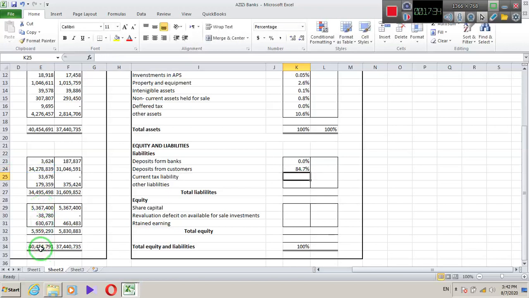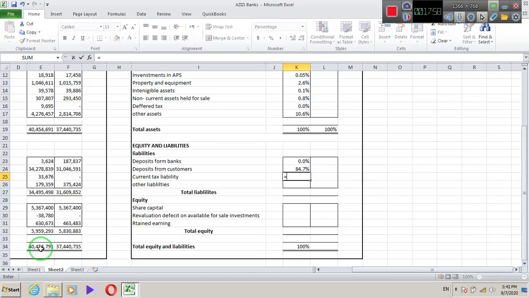And deposit from customer is a very huge percentage, that is 84.7%. This is because it is a financial institute, it is a bank, and its major part is deposits from customer. That's why deposit from customer is very huge, and that is a huge liability on the